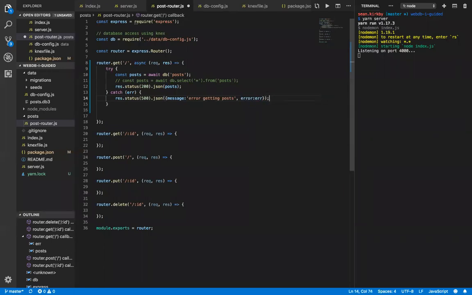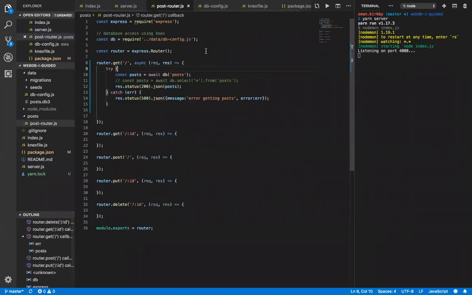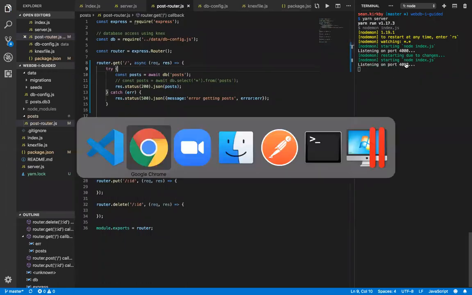Okay, so this should implement a getter for the root of what this router is bound to. And again, if we go back to server, we'll see that our router is bound to /API/posts, right? So I'm going to come over here and save this, see my server restarts, and if I go over to